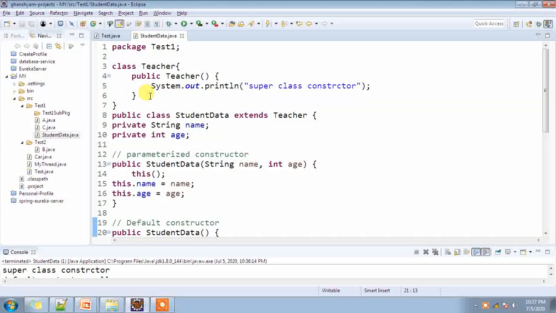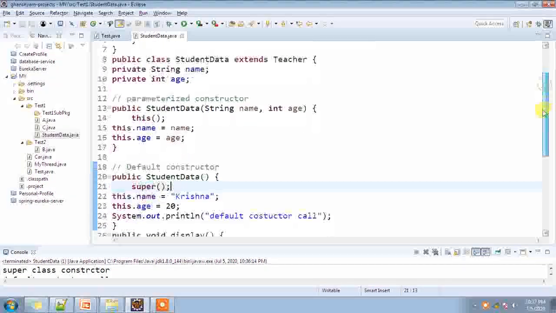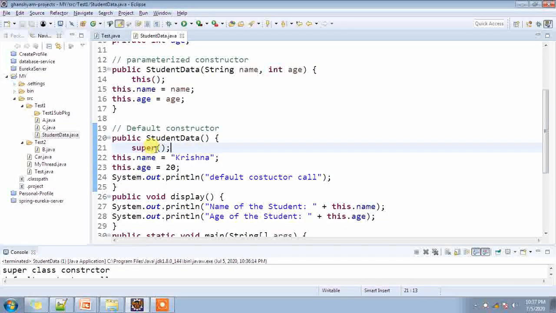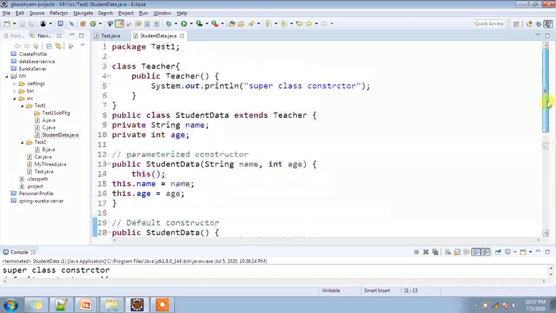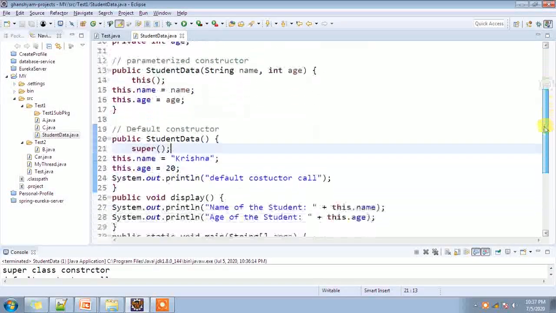If you have a parameterized constructor in the parent class and you want to call it, you need to write super with some parameters. But here we are giving the example with the default constructor. Now it will execute the parent class constructor.